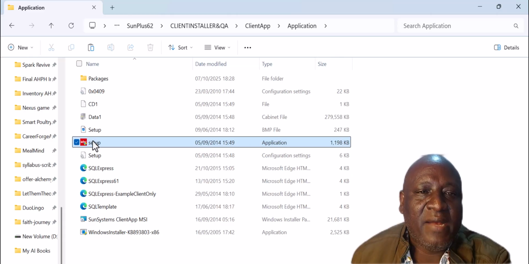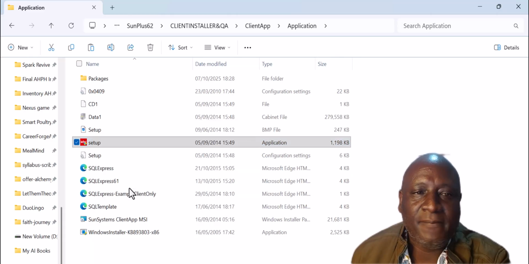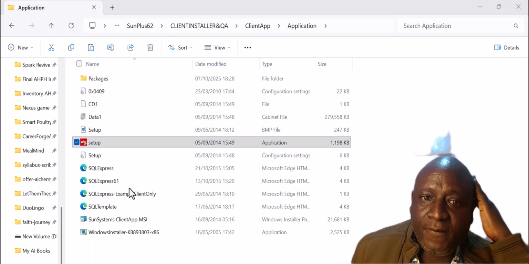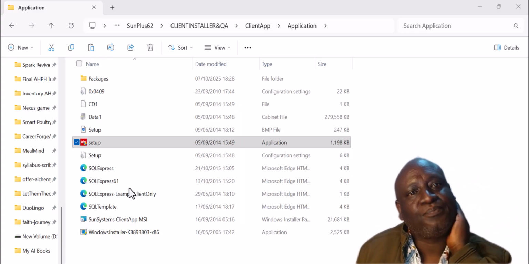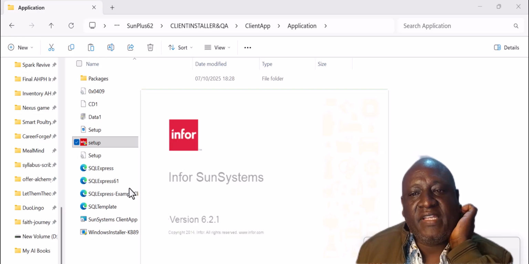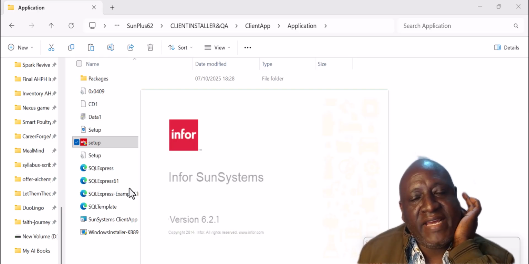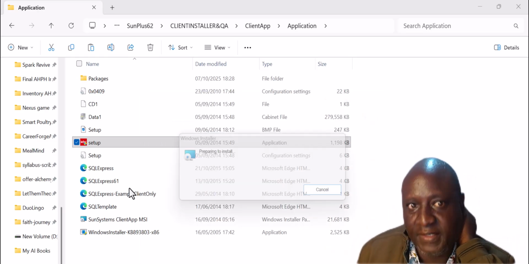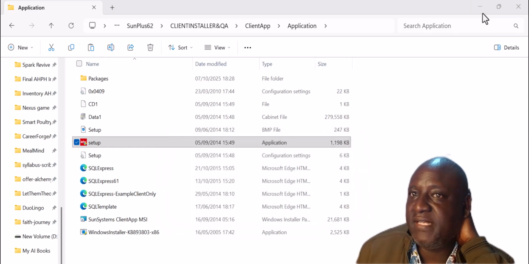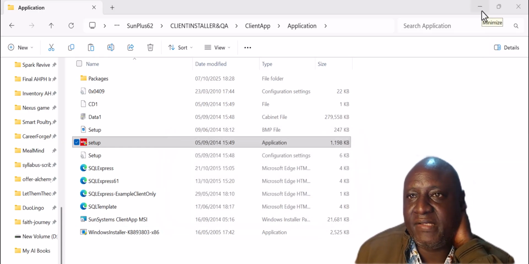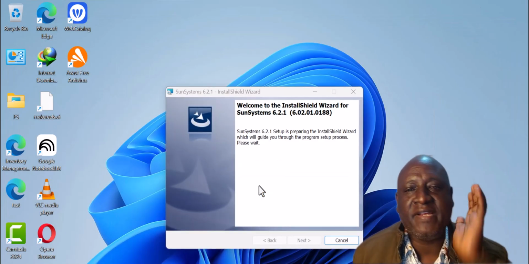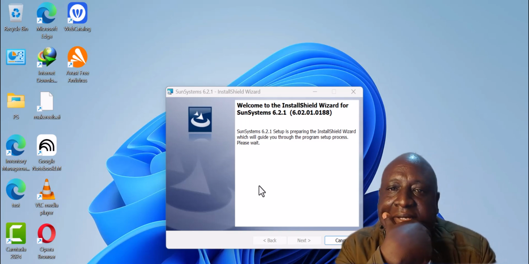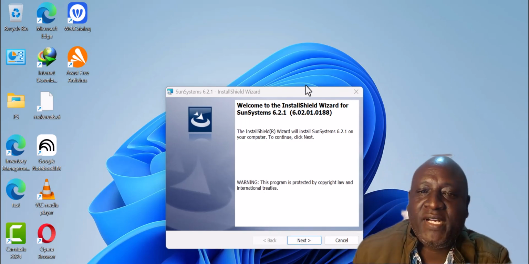I just want to start by installing SunPlus. So I want to run it as administrator. This is the setup file for SunPlus. Of course, I'm connected to my server right now. If you have not installed .NET Framework 3.5, then this may not start installing. But since my Windows already has that, it's beginning to install right away. So it's 6.2.1,